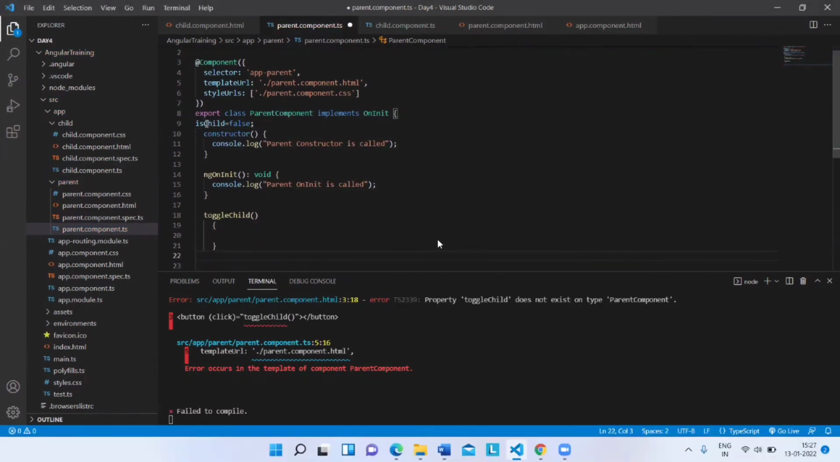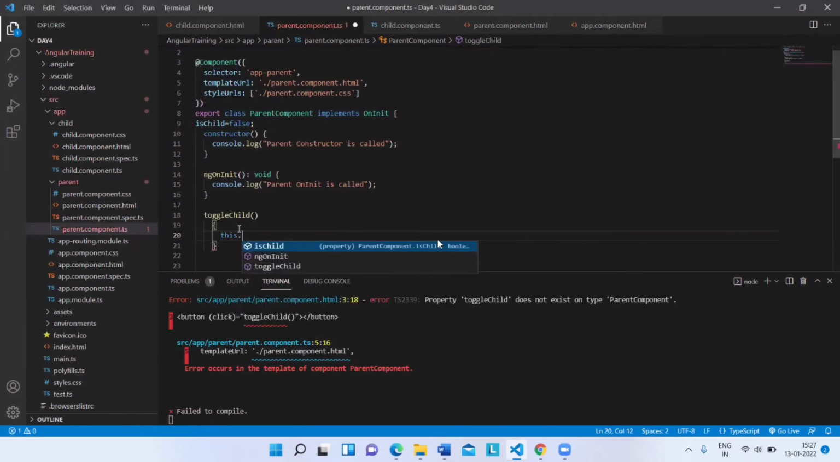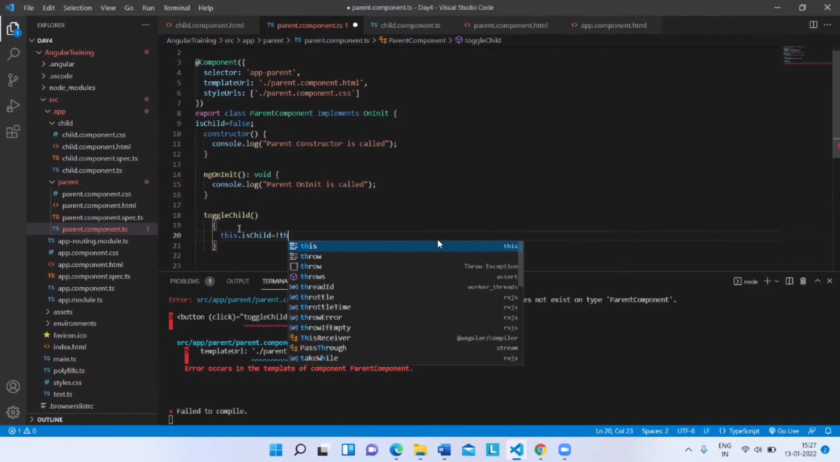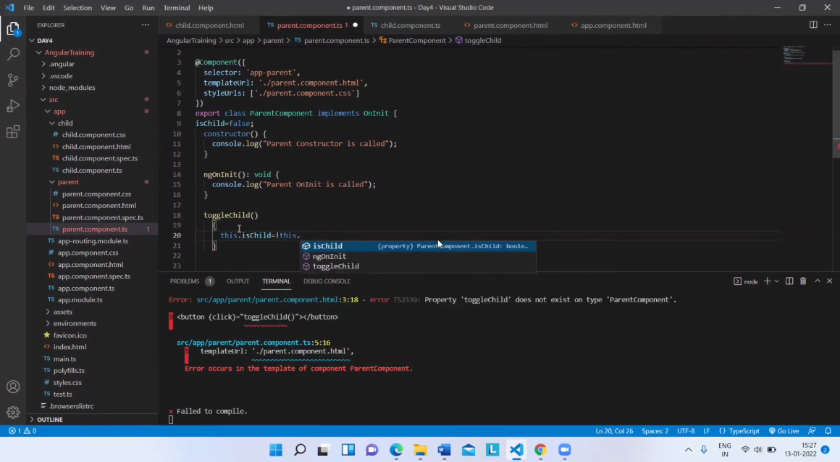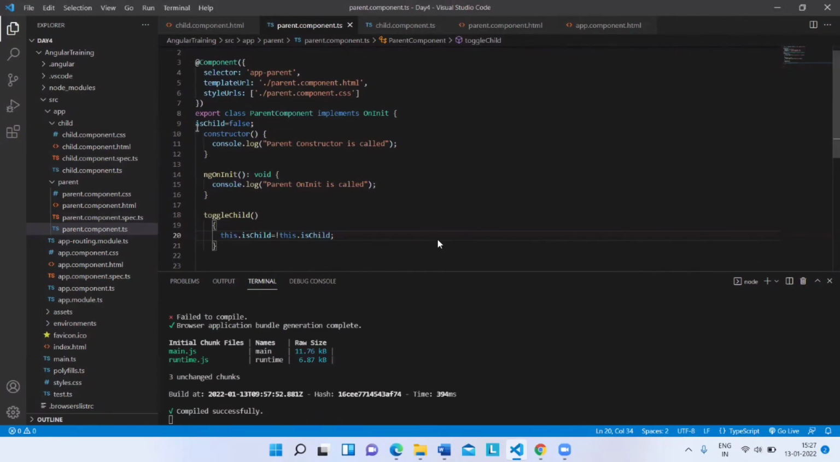Okay, so I'll just create one here and then I will try to tell this.isChild is equal to not this.isChild. Okay, so now isChild is equal to false. I declared one property. Then I'm trying to use the toggle child when this.isChild is not equal to this.isChild. Fine. So now what I need to do is